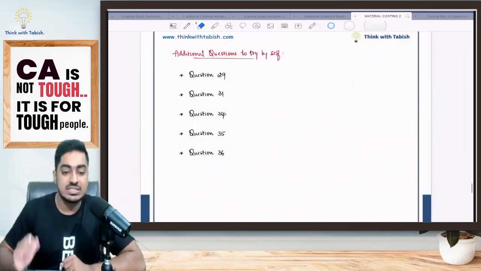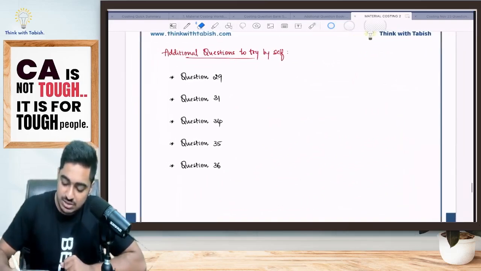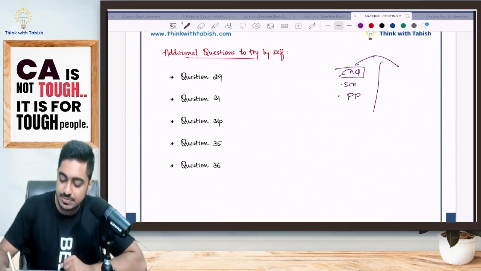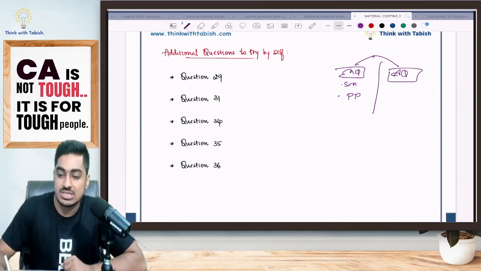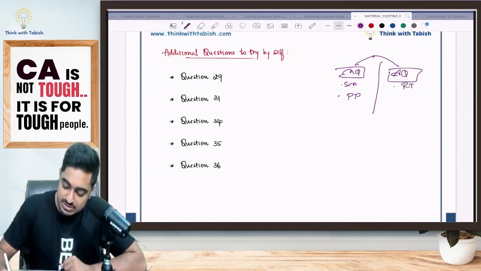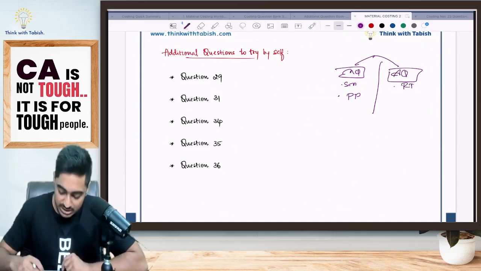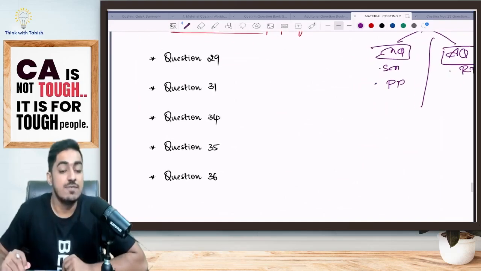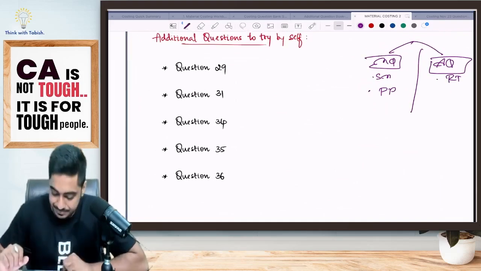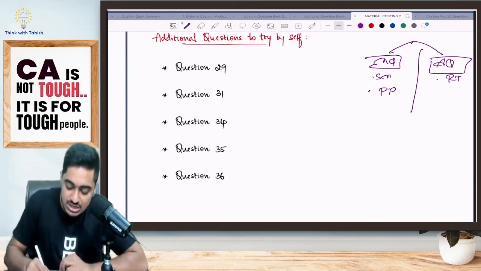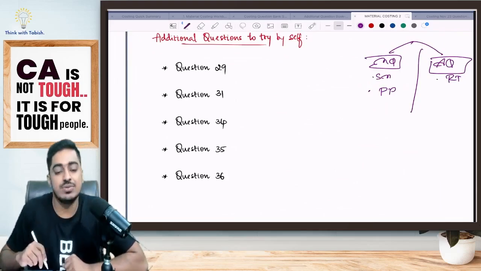Now understand one thing, students. We have solved master questions. In that, study material and past papers are covered. Now we also have additional questions. In additional questions, what will be there, sir? RTP and MTP will be there. Sir, should we do it, sir? Not compulsory, dear. But if you want to do it, yes, these are some questions wherein adjustments are there. Now, if I again discuss these questions, small, tiny adjustments could be there. But for me to discuss this, it will take some time. Probably one more session it will take.